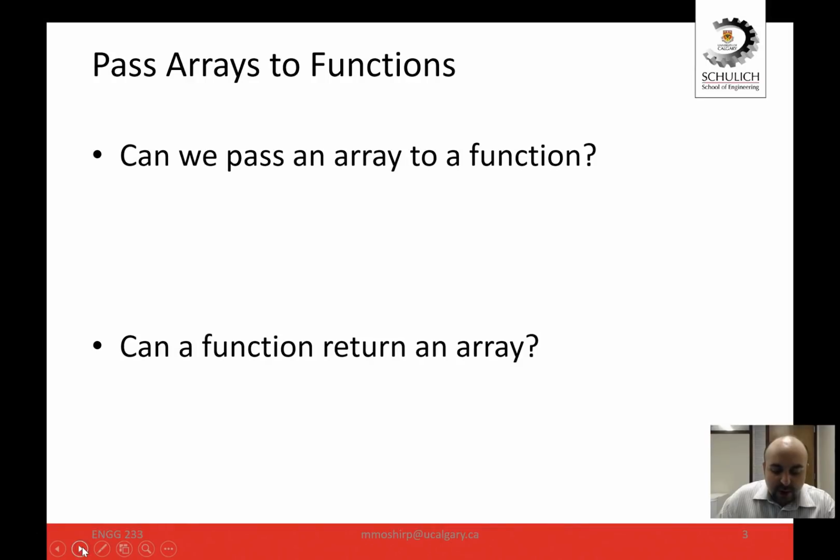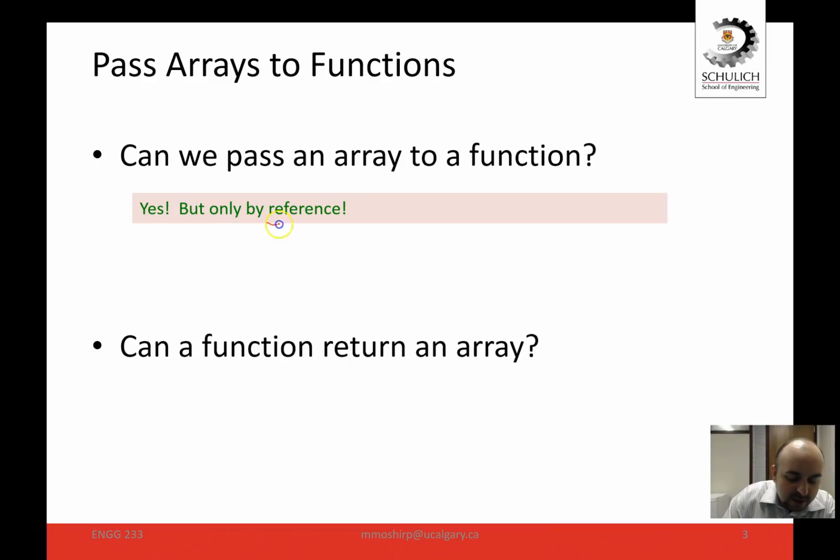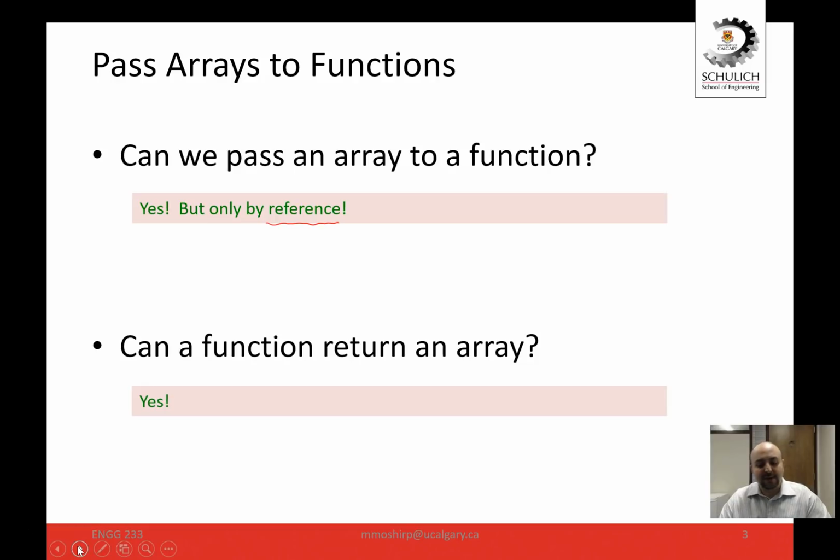So a couple of questions. First of all, can we pass an array to a function? The answer is yes, we can, but only by reference. And we're going to extend on this a little bit more. I'm going to talk about what by reference exactly means, and we're going to examine this very carefully. Can a function return an array? Can the return type of a function be an array, basically? And yes, that is possible as well. And we're going to look at